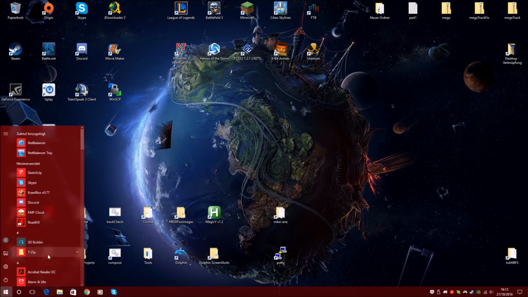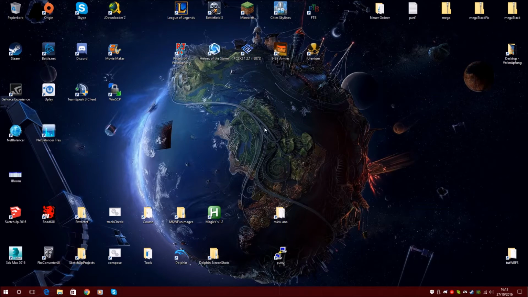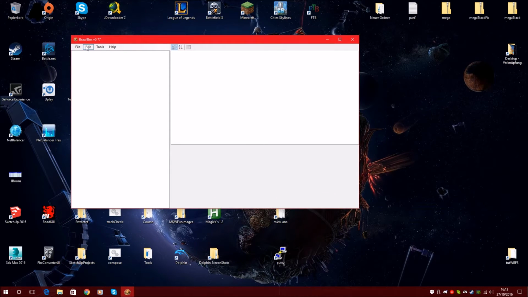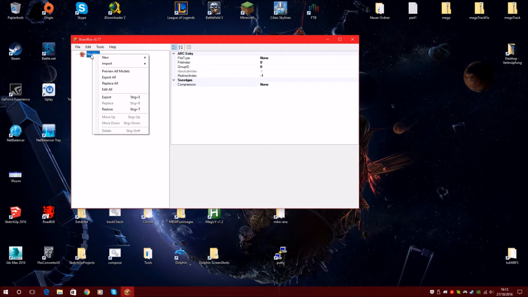Now we open BrawlBox. With BrawlBox we can import the models so that MKWii or other games can read them. We will create a BRRES resource pack. And now we right click this node, import model,